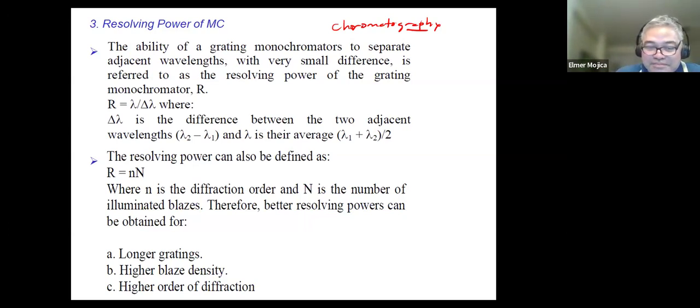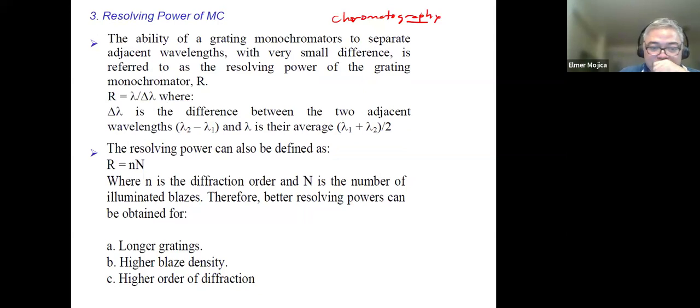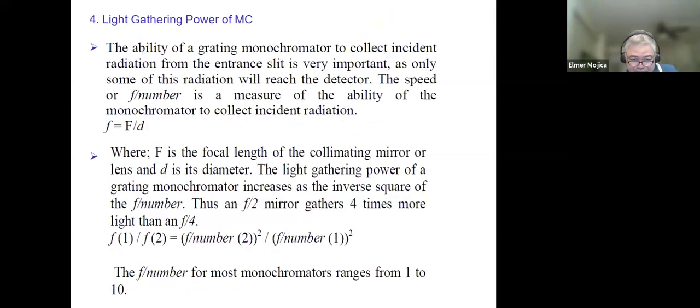Okay? The next one. So how do you get better resolving power? Longer gratings, higher blaze density, and higher order of diffraction. Now,